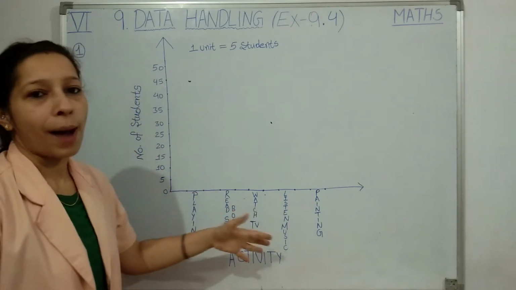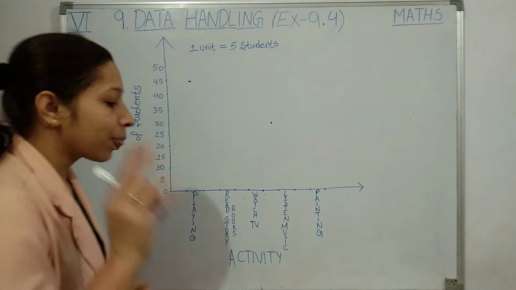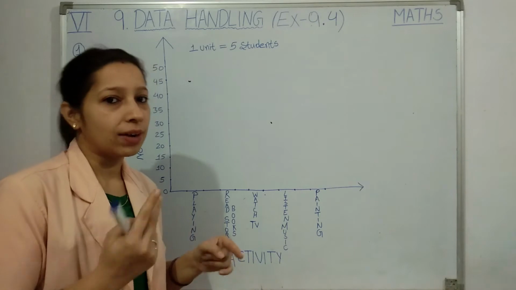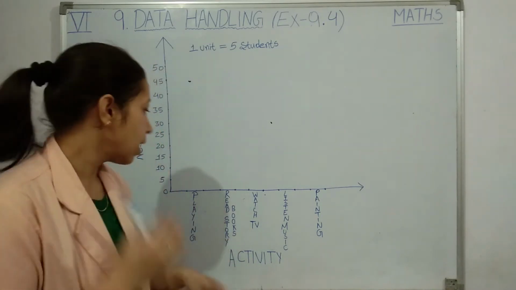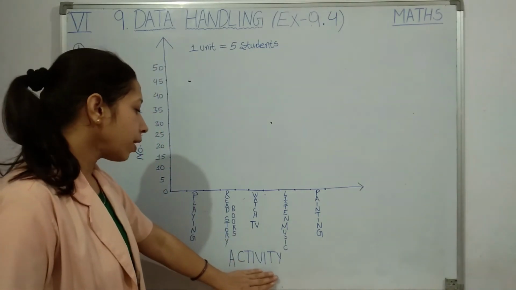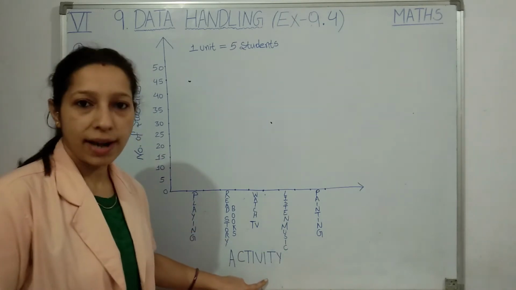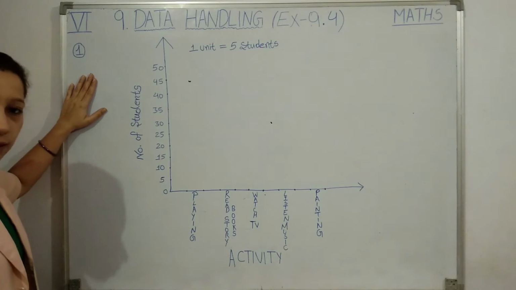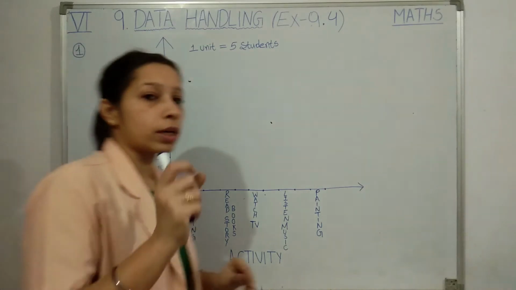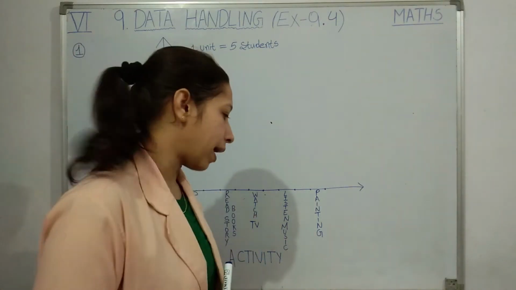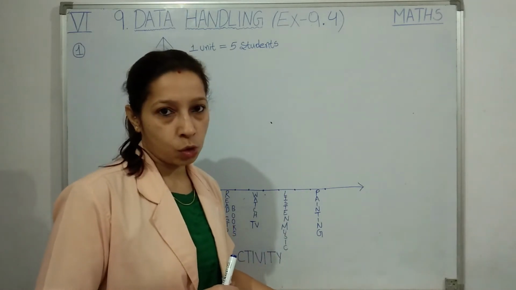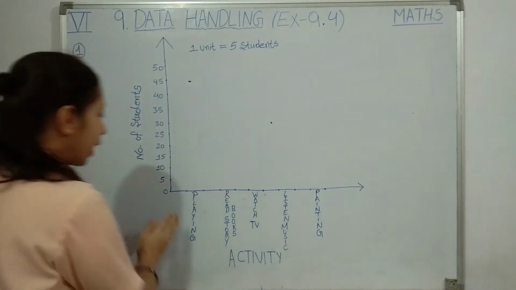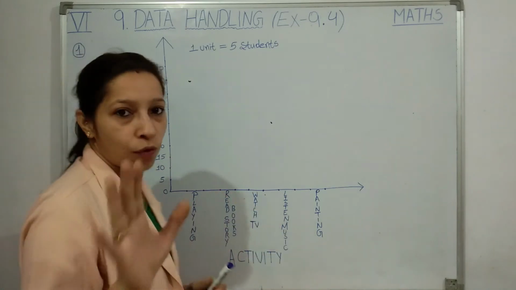So let us draw the bar graph for the given question, students. Two columns were there, preferred activity and number of students. So here I have taken the title for the x-axis as preferred activity and here I have shown number of students. Understood students? Then the most important thing is how to mark the points on the bar graph. How many activities are there in total? 5 activities. So anyhow on my x-axis I have to show 5 activities.